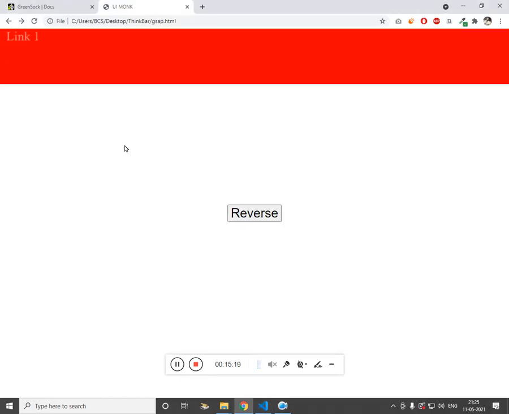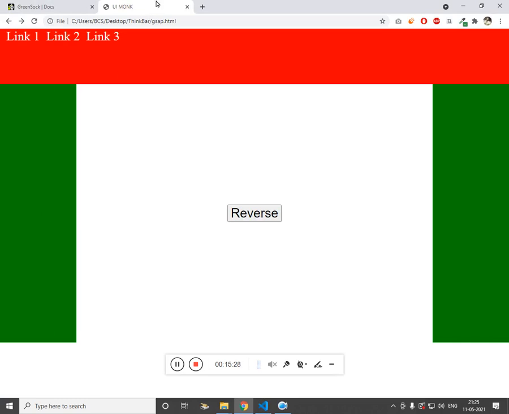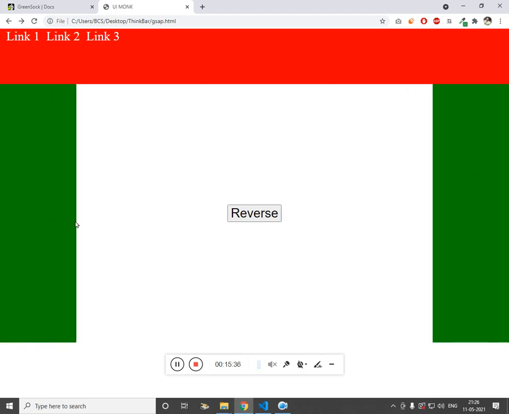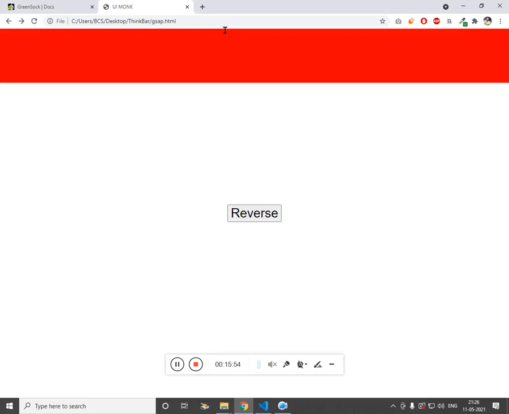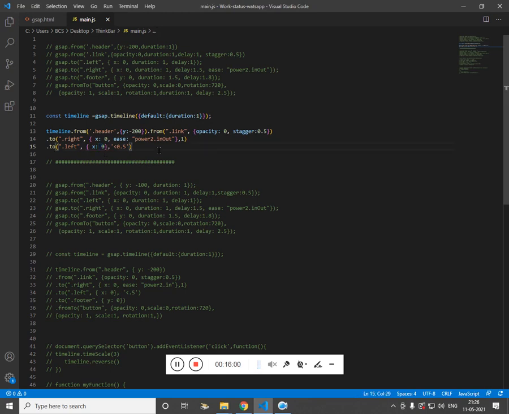So if I refresh, after 5 seconds right sidebar shows up, then after 2 seconds, then the left sidebar comes. So you know how to use this open round bracket. Now let me make this as 1 and this as 0.5. After 1 second right shows up, and then within 0.5 second the left shows up.